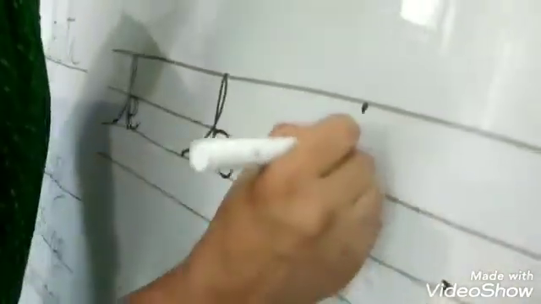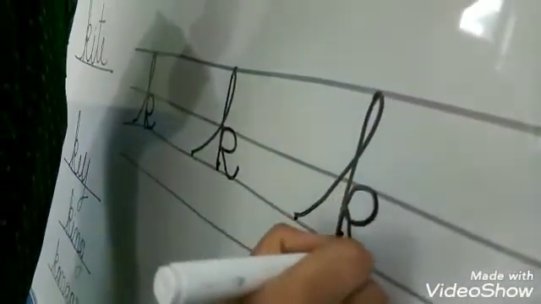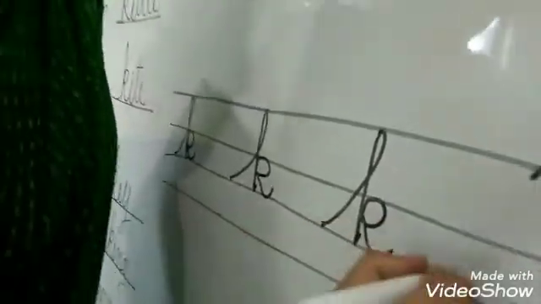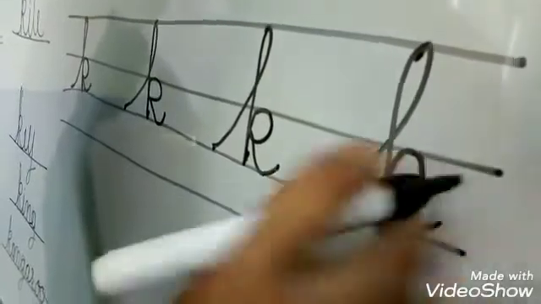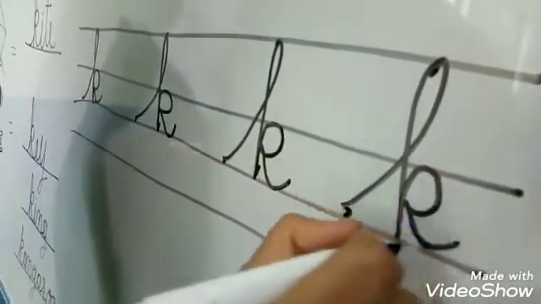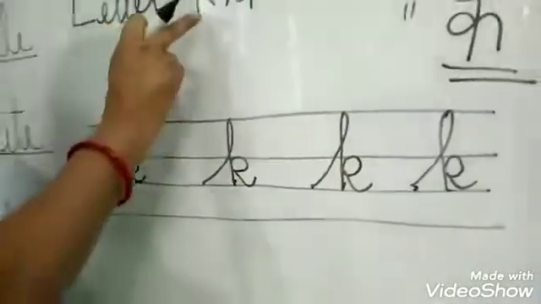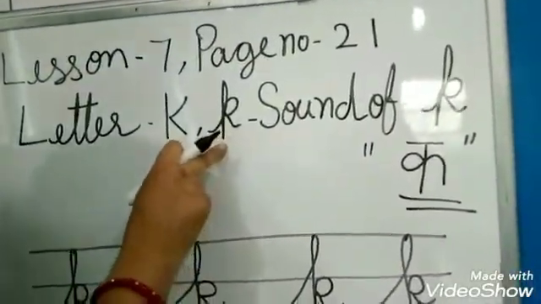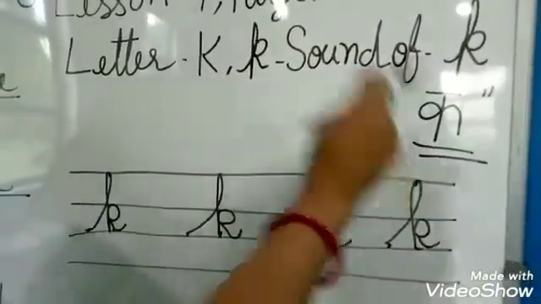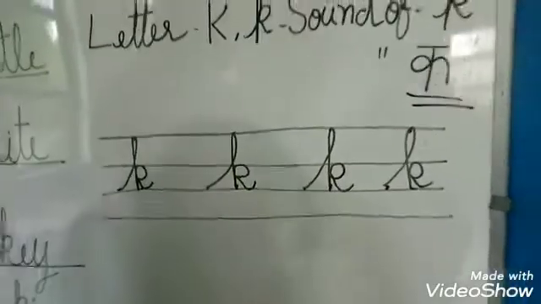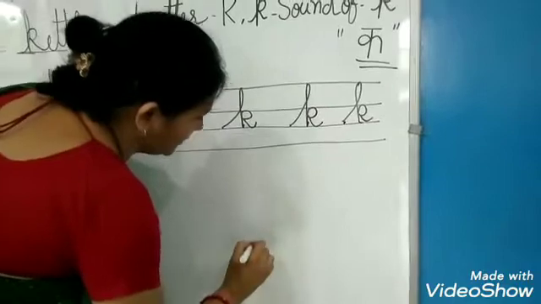Okay. K, letter K. So children, letter K. This letter is small k. Sound of K, K, K. So now write big K. Okay children. So